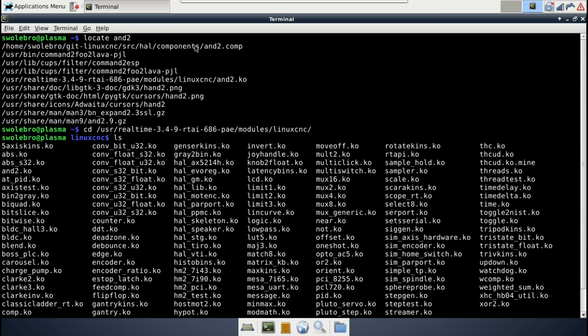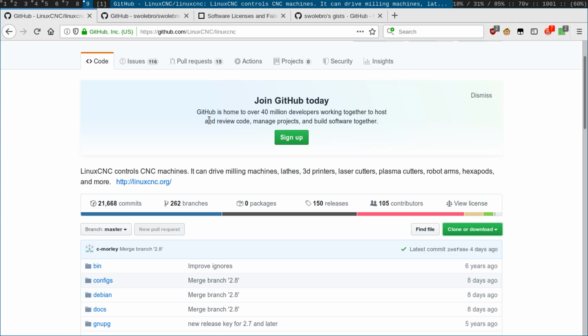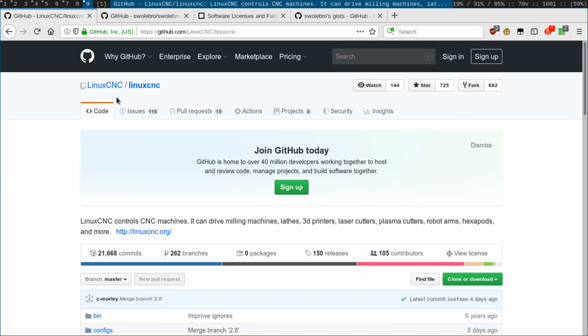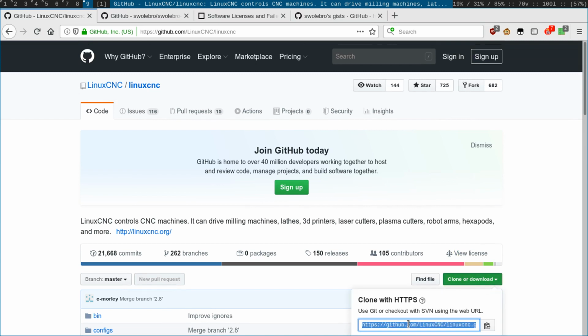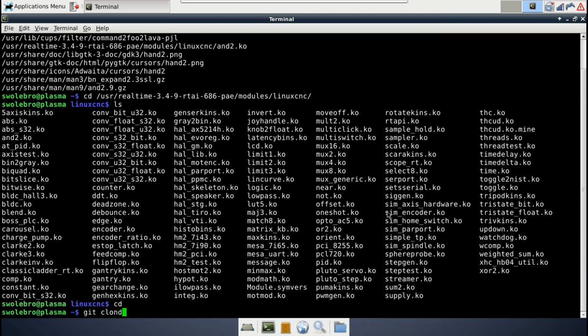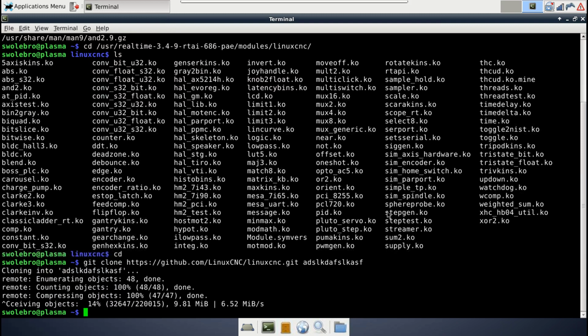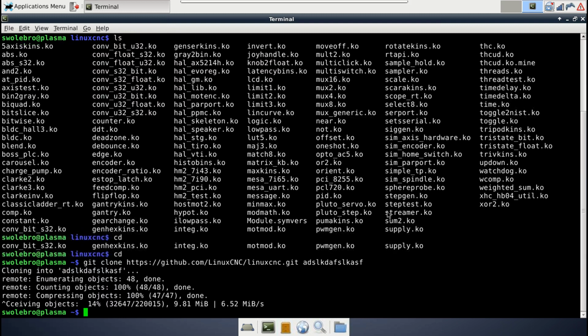Now, I have this here on my system because I keep a full git checkout of the LinuxCNC source code. So basically, if you head over to github.com LinuxCNC/LinuxCNC, you can get yourself a copy of the code by copying the download link, going to your home directory, and doing a git clone of the URL, and just specifying a directory to save it into. Now, I've already got a copy of it saved, so not going to download that into whatever gibberish is specified there, because I've already got it saved in